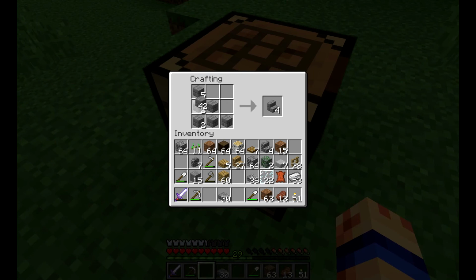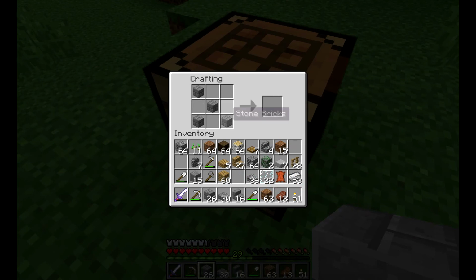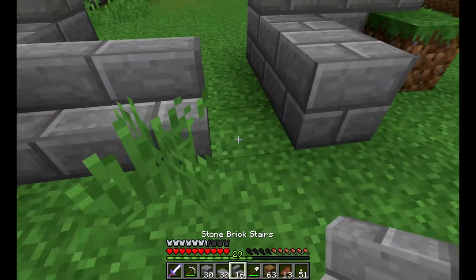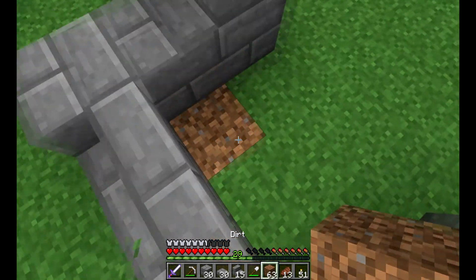Actually, let's make a couple. Not too many. I don't think we need loads of... We will need loads of steps because I want to do loads of detail work on the outside with steps and stuff. Steps, stairs, whatever they're called. But for now, this should be plenty. And then I guess one more...